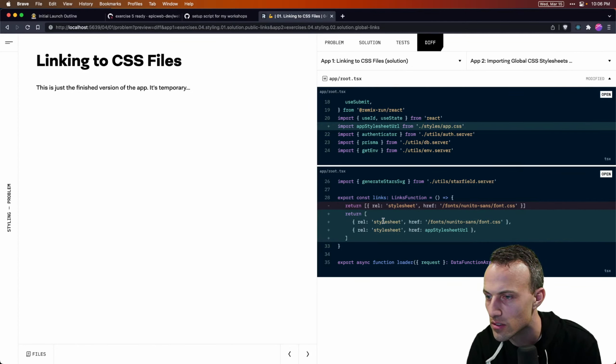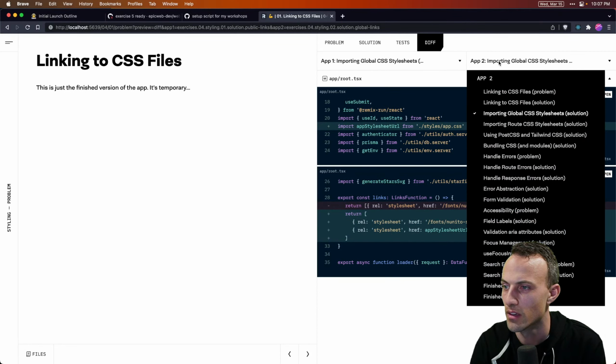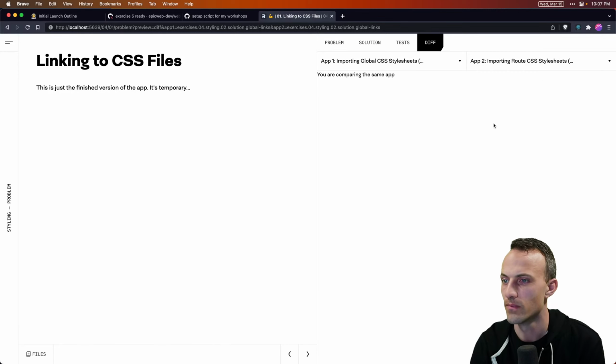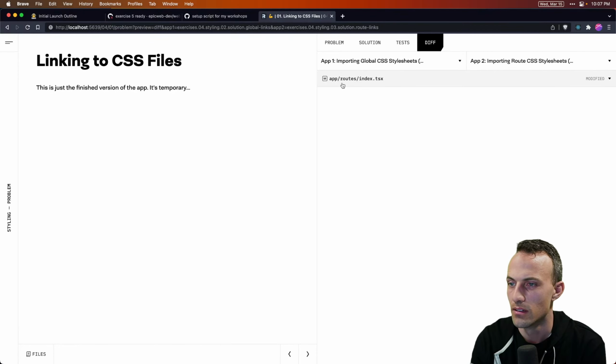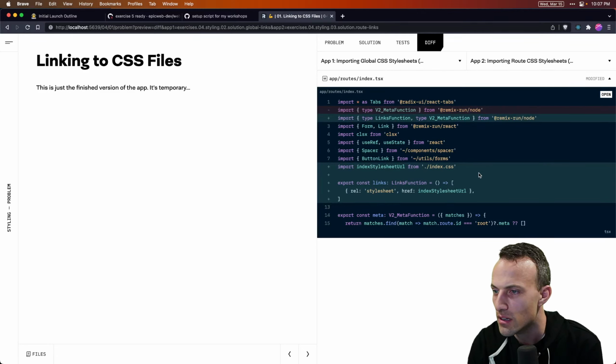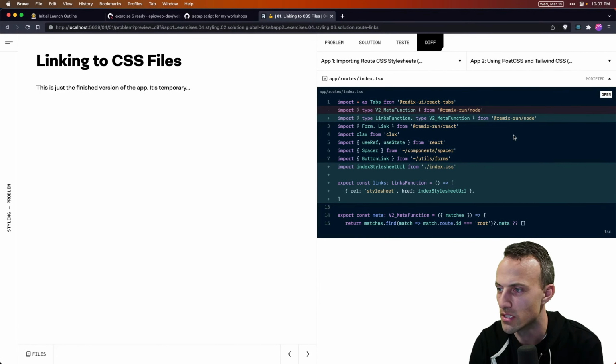So once we add global style sheets, then we just import that. And we're like, that's built into Remix. No weird things you have to do there. And this one, should add a padding right there for that. And then for route style sheets, this is in our index route. And yeah, you can do that there too. Sweet. And then PostCSS.